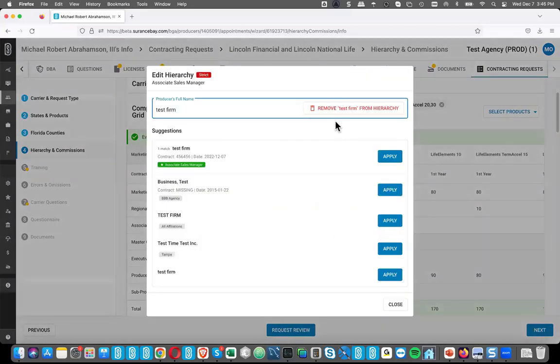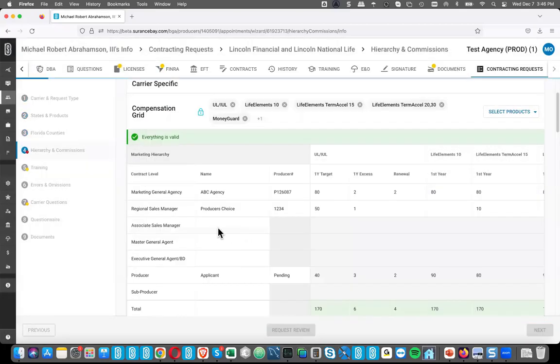So like I said, we're making some changes to this as we go, just to continue to try to improve it. But right now, because I don't have any names in here, there's nothing to fill out. So I have to actually add someone in here, add a contract for them, and then I can fill out these numbers. At least that's the way it's set up in this environment right now.